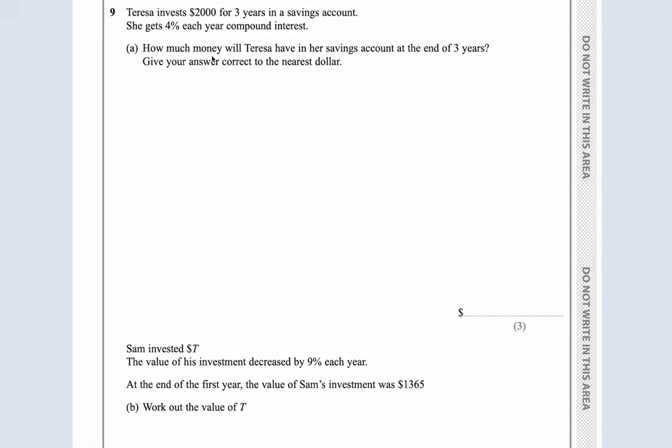Question 9. Teresa invests 2,000 for 3 years, 4% compound interest. How much will she have after 3 years? Okay, another fairly standard question, guys. We have 2,000, invest at 4%, so we multiply by 1.04. That increases it by 4%. And then we raise it to the power of 3, because we're going to do it for 3 years, or 3 times. So we're multiplying by 1.04 times 1.04 times 1.04, and this gives us